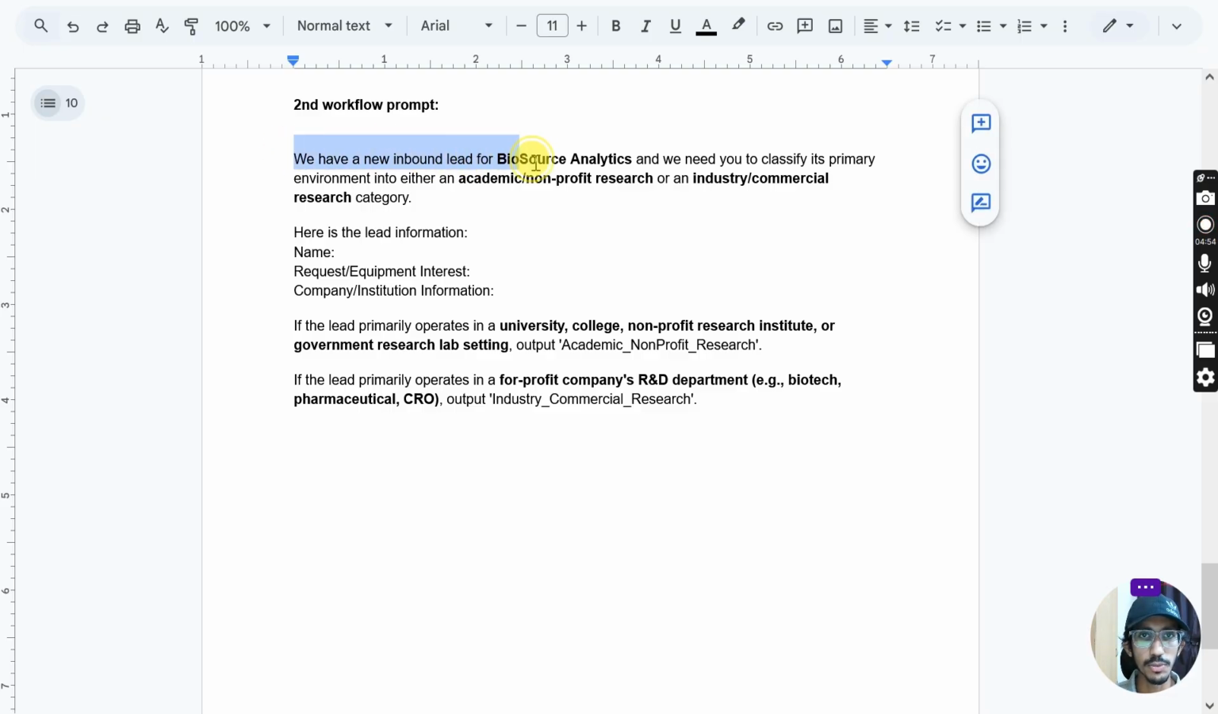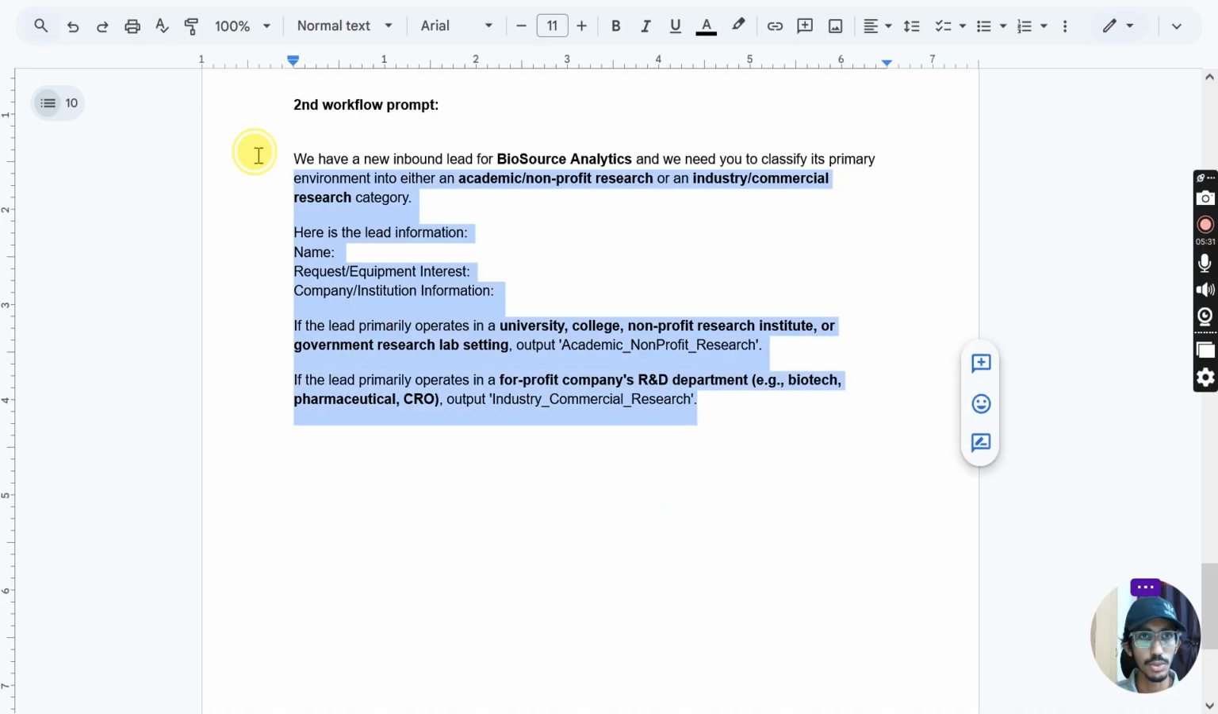We have a new inbound lead for BioSource Analytics, and we need you to classify its primary environment into either an academic/non-profit research or an industry/commercial research category. So here is the lead information: name, request, company, institution. If the lead primarily operates in university, college, or non-profit research institution or government labs, it should give an output just this: academic, non-profit research. Or otherwise, for profit companies, R&D, like commercial, so it will reply with industry, commercial, research. So let's just copy it,